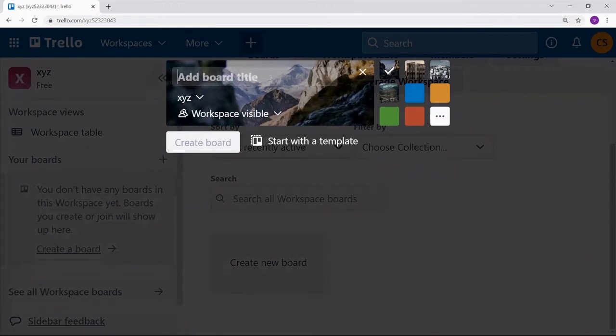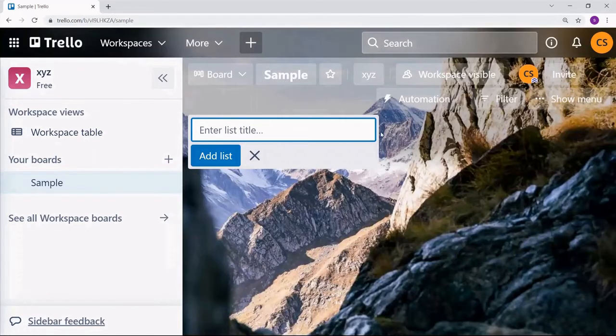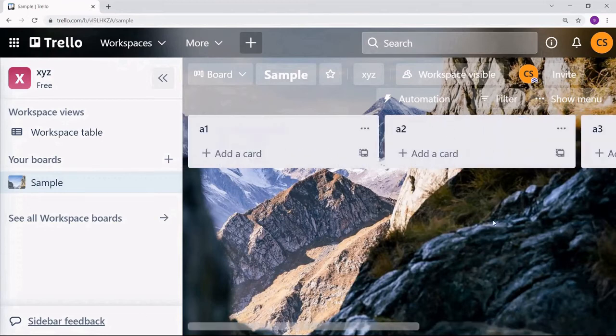It is asking for a board title. Just put a board title and create your board. As you can see, your board name is sample. And here it is asking for a list. So add a list. Adding A1 as a list. I added 3 lists.